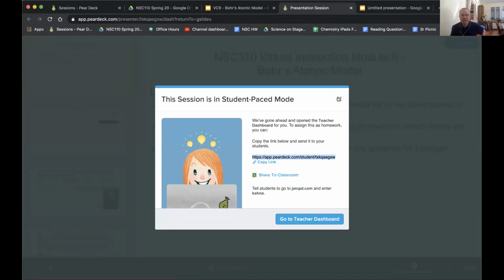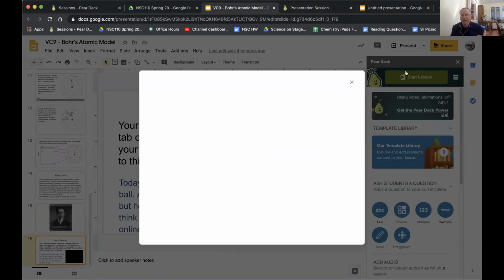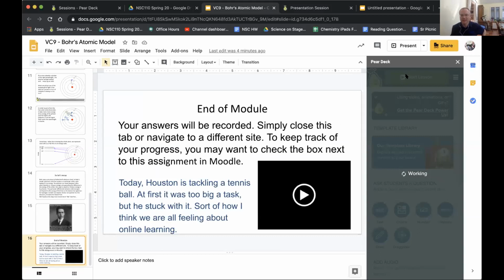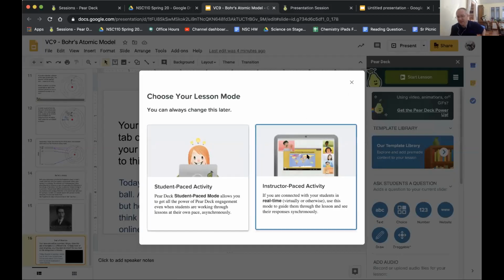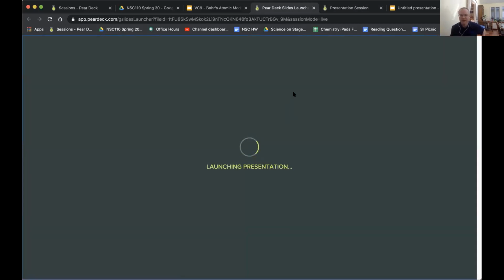It's a series of gibberish, but if I wanted to, I wouldn't do this, but if I was teaching two sections of that this spring, if I wanted one section to use that link, I could come back in and start another lesson and make it live. Or if this fall I wanted to do one in person and one asynchronous,